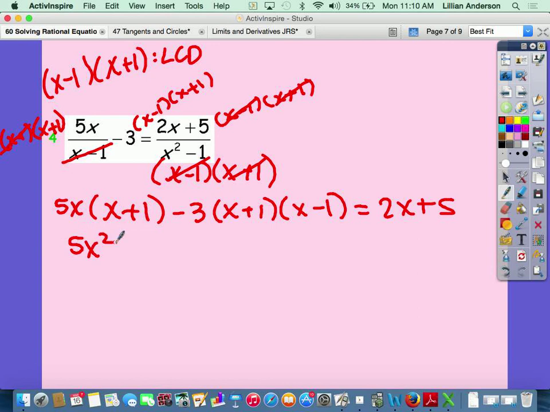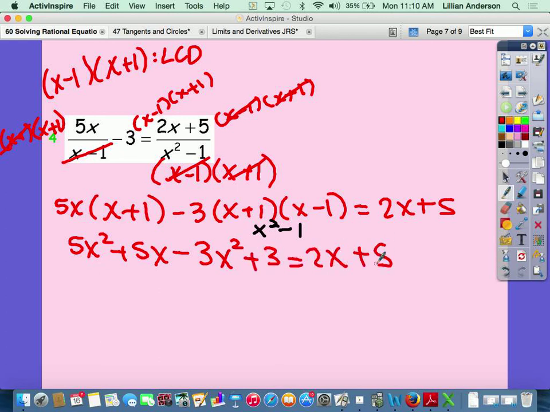To end up with this, we distribute 5x squared plus 5x minus... I'm going to have to FOIL those two parentheses first before I distribute. I already know what this is when I FOIL it. It's minus 1, the same thing I got up here. So when I FOIL it, I get a negative 3x squared plus 3 equals 2x plus 5. Combine like terms, I get 2x squared plus 5x plus 3 equals 2x plus 5. And then to solve this,